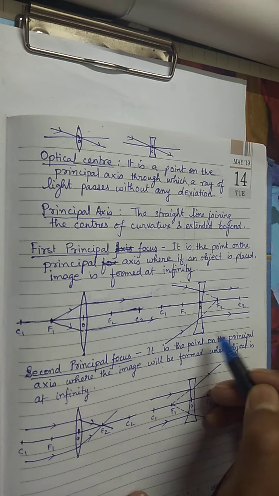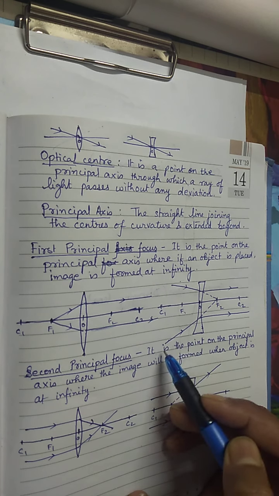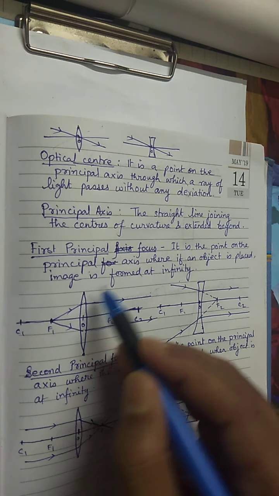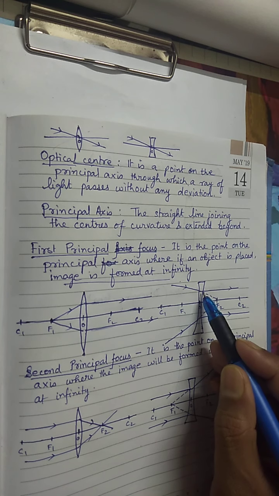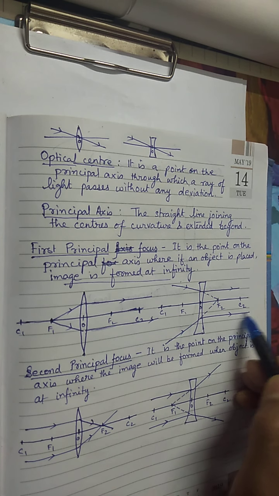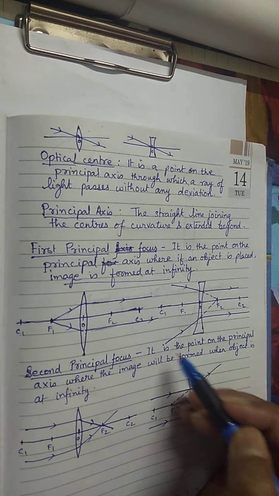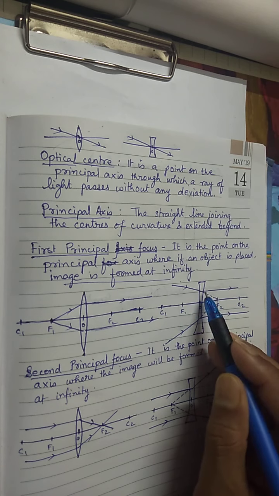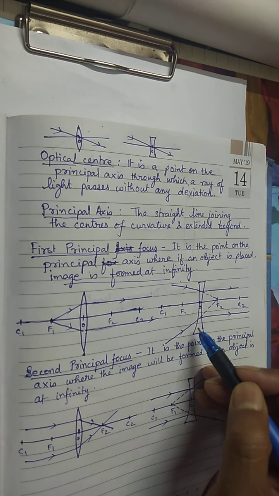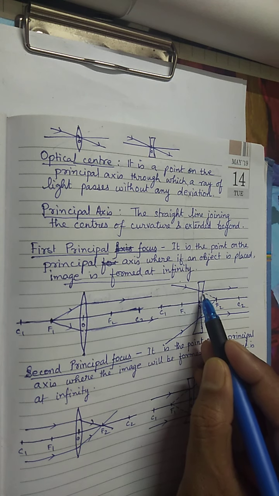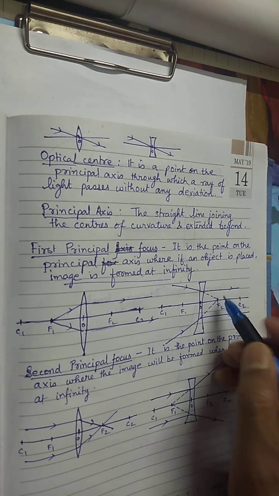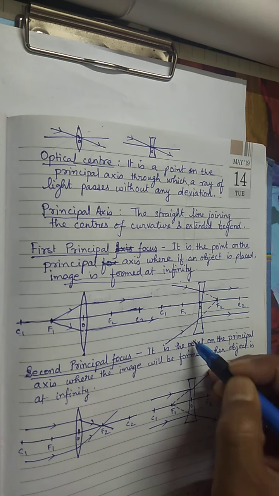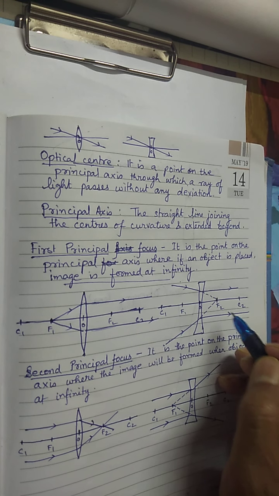Similarly, in case of concave lens, we consider the rays to be coming at such an angle, because our objective is that image should be formed at infinity. So image to be formed at infinity means the outgoing rays should be parallel. So the rays will be coming in such direction that after passing through the lens, they pass off parallelly. So these are diverging lenses, diverging rays. So when we bring them or produce them forward, the rays seem to arise from here. So this point, in case of concave lens, is considered as the first principal focus.